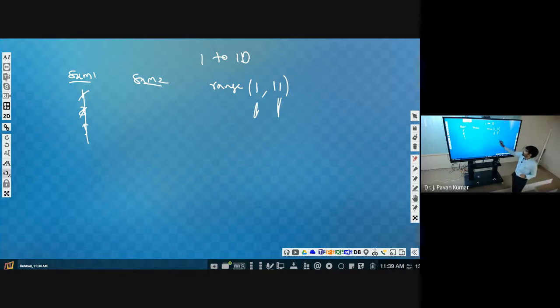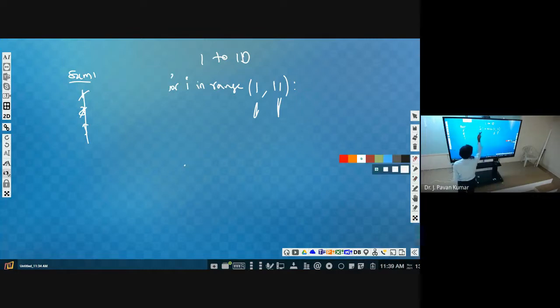Okay, now we have to repeat this. That's why we will make use of a loop. Okay, for I in this particular range. Right, for I in range 1 to 11, then we have to check whether I is even or odd.